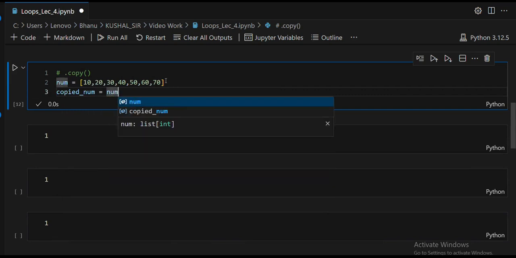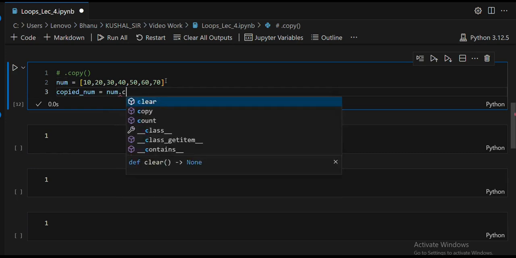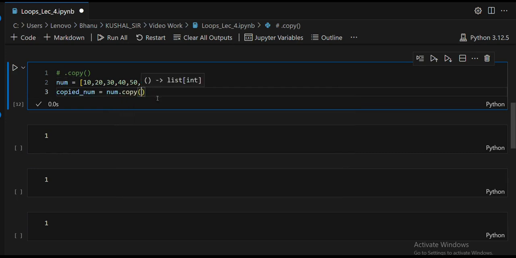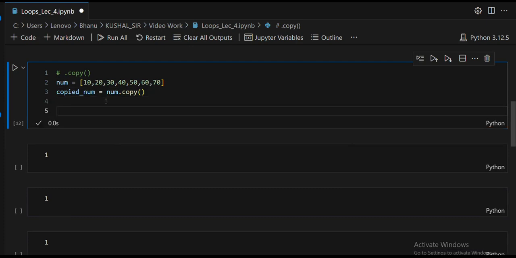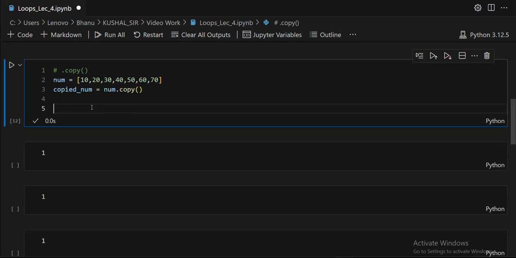So we will just write the name of the list dot copy in this. So here we got the copy of our list. If you make any changes in the copied list, that will not affect our original list. In the copied list, let's say I have appended another number